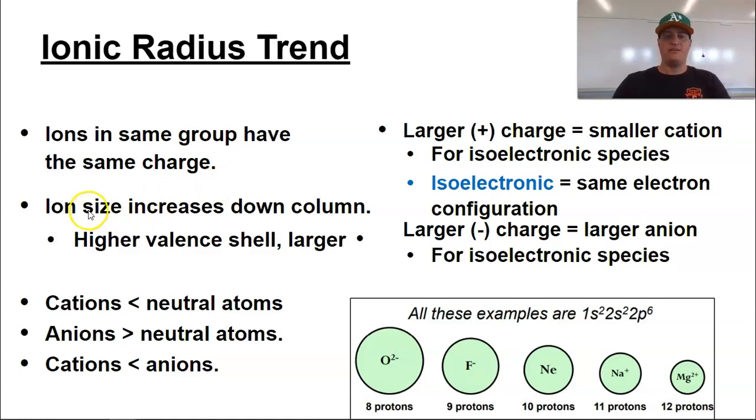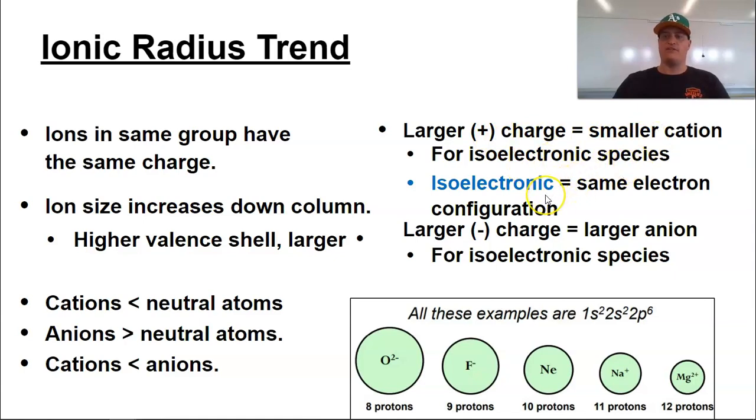So simply put, ionic size increases down a column, higher valence shell, it's just going to have one more energy level. So the same reason applies when we talk about atomic radius. Now, cations are always smaller than the neutral, anions are bigger, therefore cations are always smaller than anions in the same energy level or of the same atom, although atoms generally don't make cations and anions. Now, the larger the positive charge, the smaller the cation for things that have just one